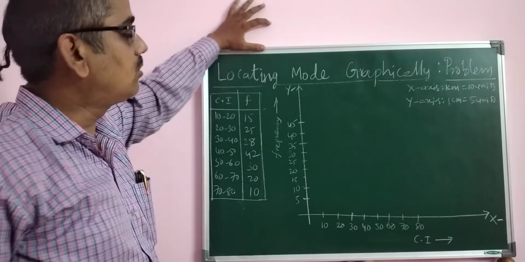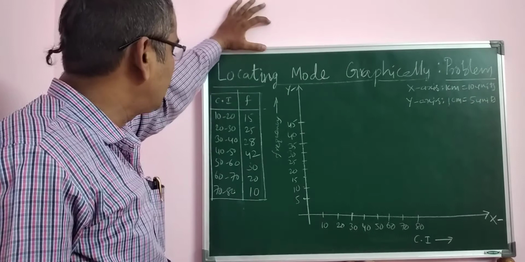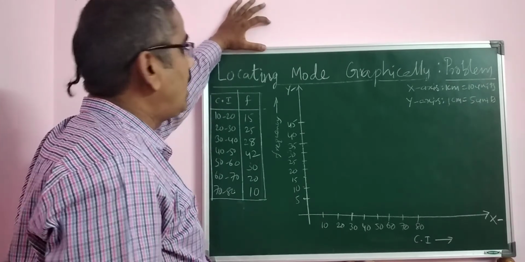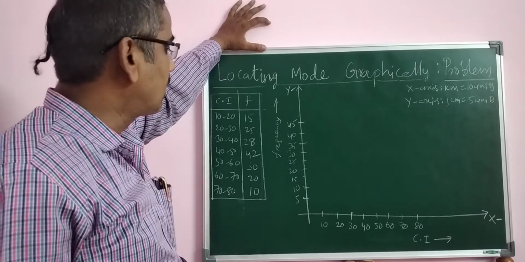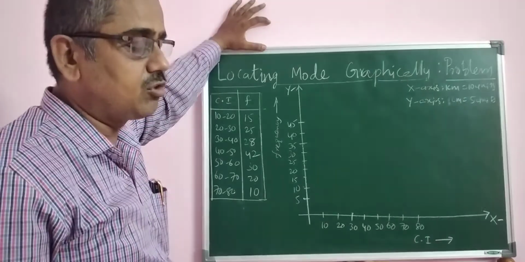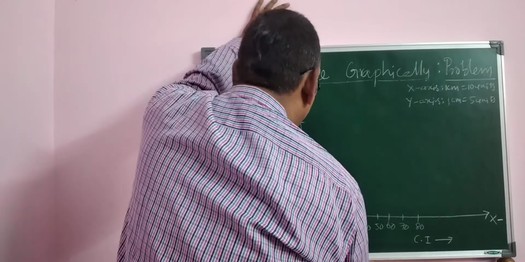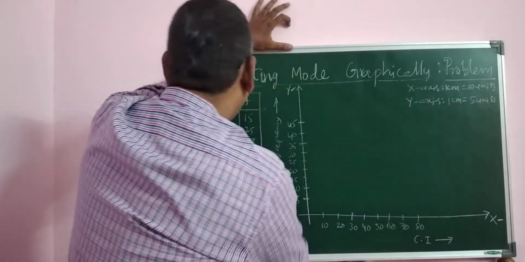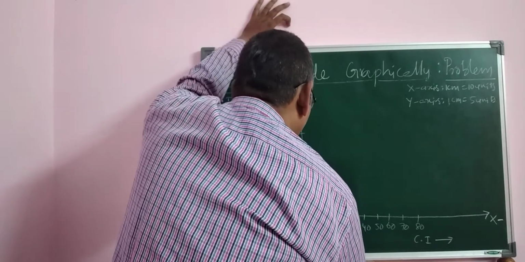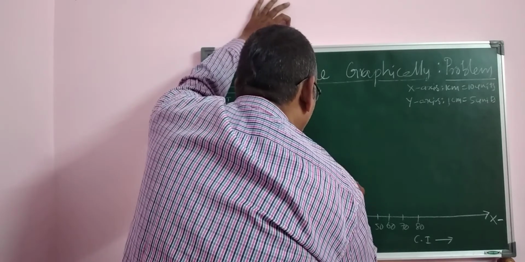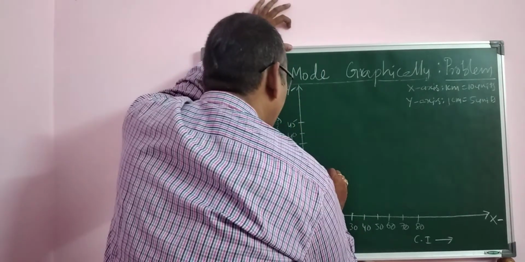Okay, right? Now draw the histogram. You have to draw the histogram on these axes. On the x-axis, by considering the class intervals, the frequencies are going to be drawn as rectangles. For 15, you draw the rectangle at the corresponding class interval 10 to 20. The 15 is the frequency, hence draw one particular rectangle. You see here, in this fashion, and it is 15.